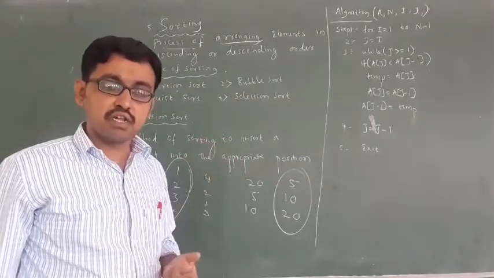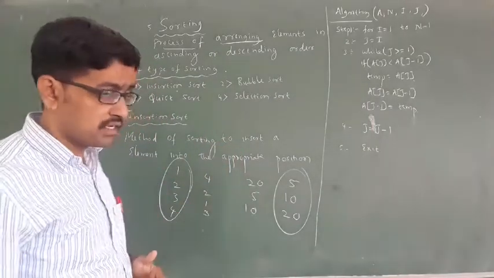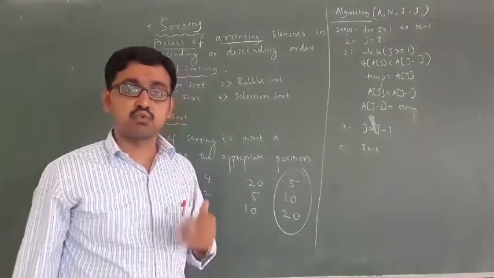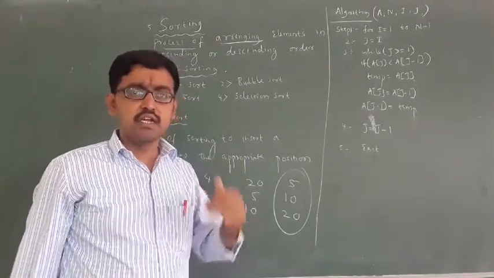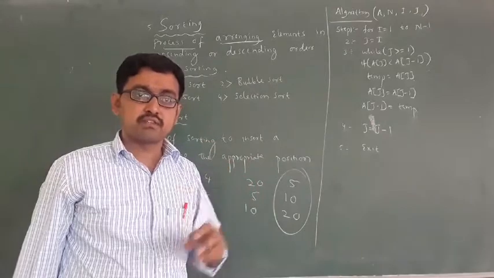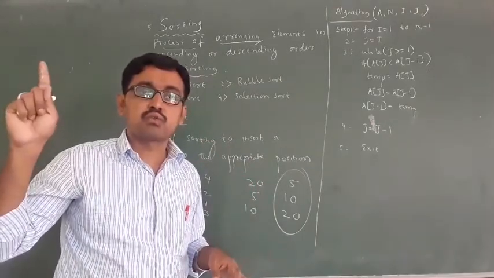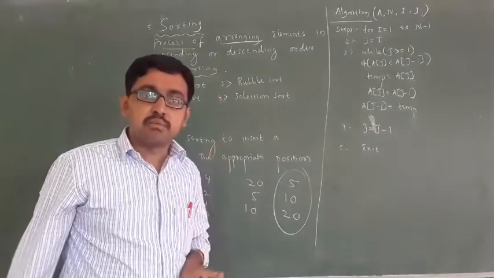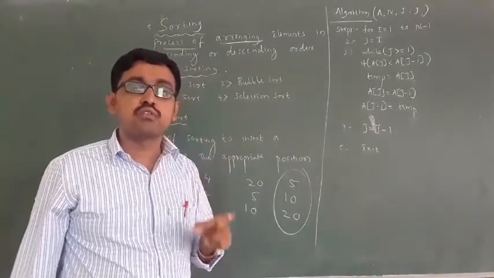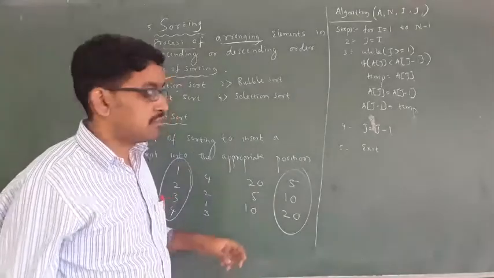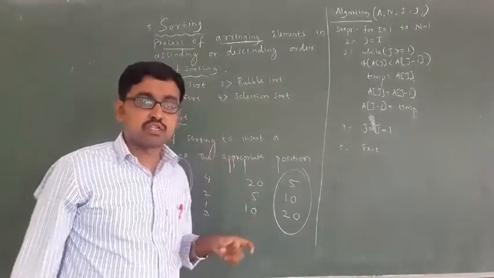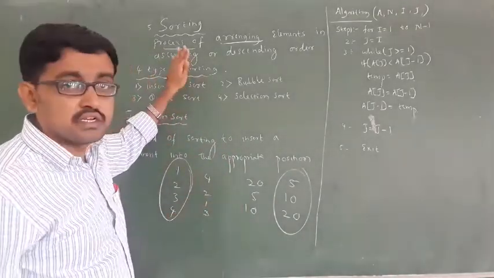Almost always it is done in ascending order. For example, if I want student names from A to Z, then you have one option in MS Excel. You just have to select all the names and click on the sort button. Automatically the names are sorted from A to Z. Got it? That's why you have to use this method.